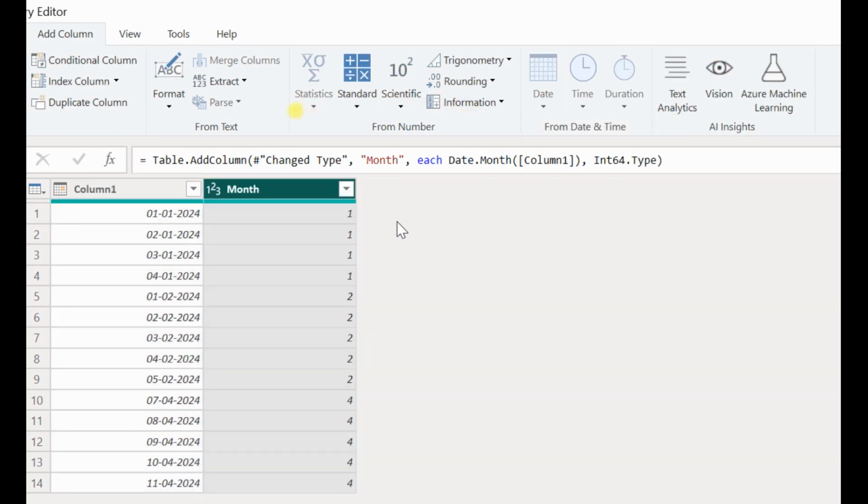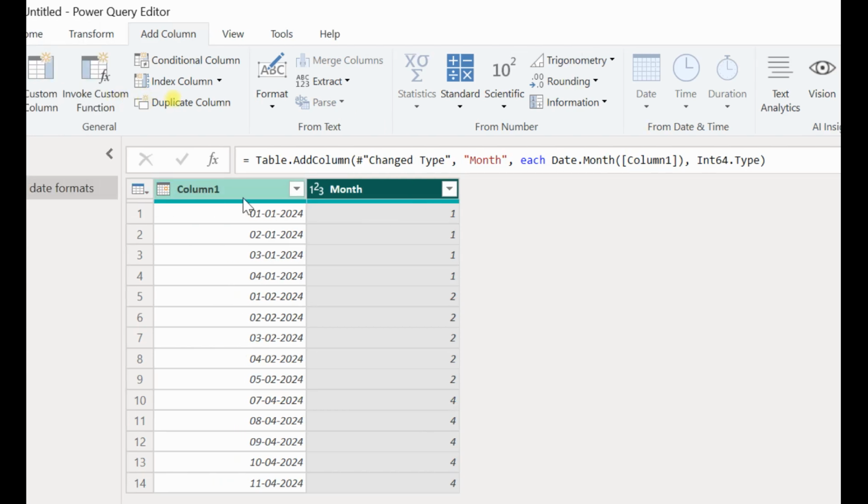Now you can see the title automatically came up, Month. So here the month is first month, second month, and fourth month. Now if I want to get another value from this column, I'll just click on column 1,